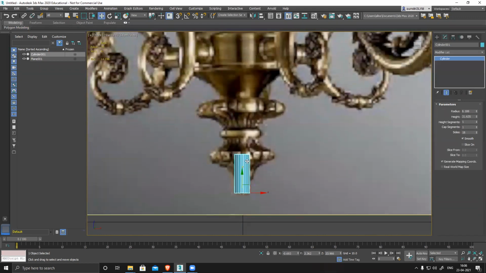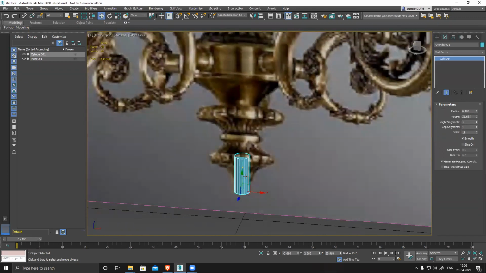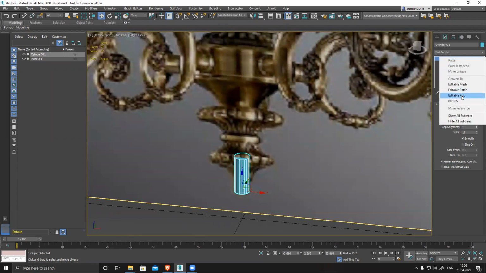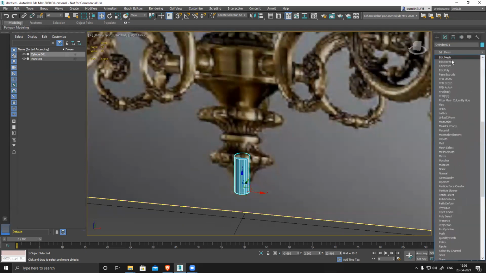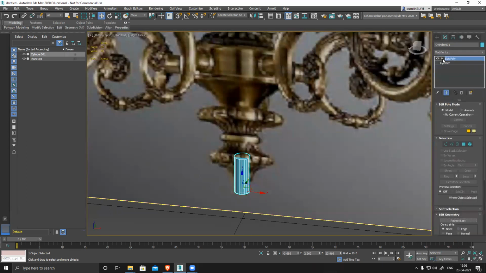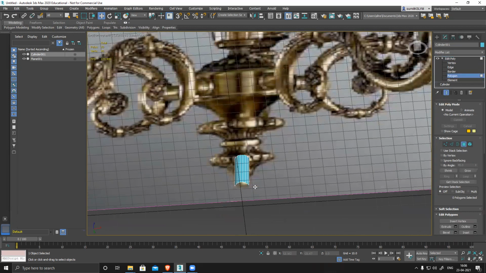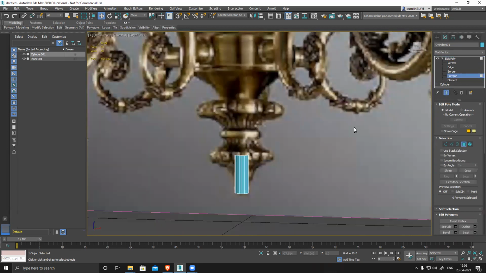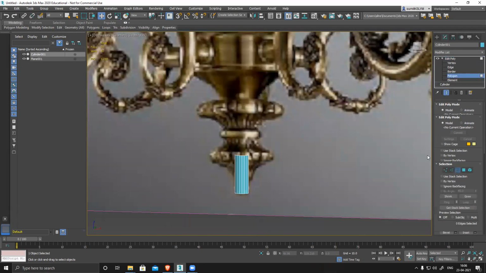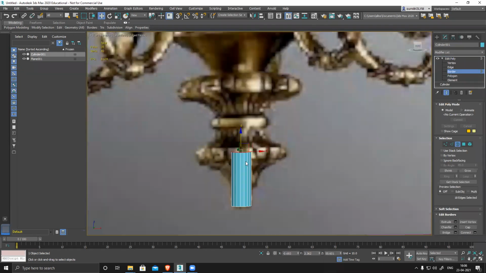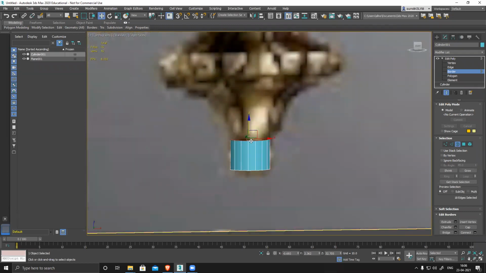Here, right click, Edit Poly. I'll apply Edit Poly so that I can keep the entire polygon history. I don't want this polygon, so I delete it, and this polygon also deleted. Now select the border, wherever I have this section.